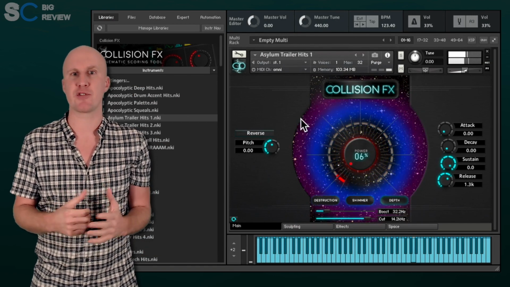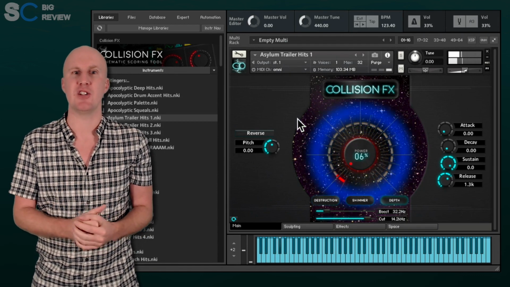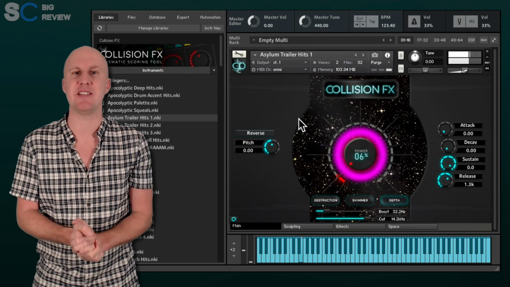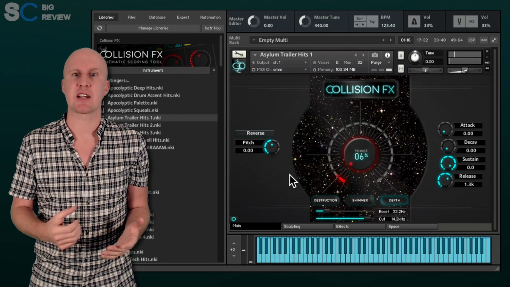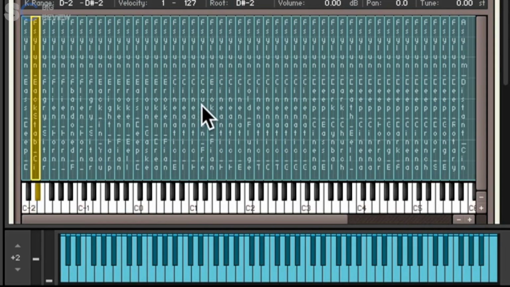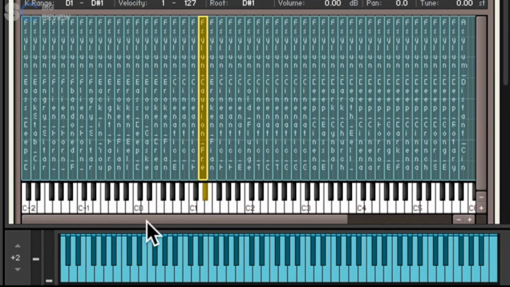It's made even more frustrating by the fact that there aren't any WAV files to just quickly dip into and speed through. This wouldn't matter so much if the engine made it easier to audition the sounds, but it really doesn't. Some patches like Asylum Trailer Hits 1 have almost logically laid out mapping with a hit on 2 keys. Now that's a good example of one of their patches. However, the mapping extends well beyond the range of a normal 88 key keyboard, which I do find annoying. You have to jump up and down octaves just to hear